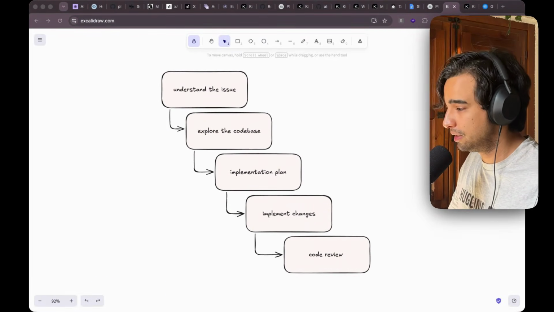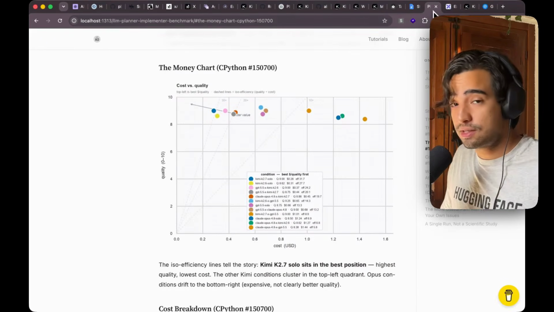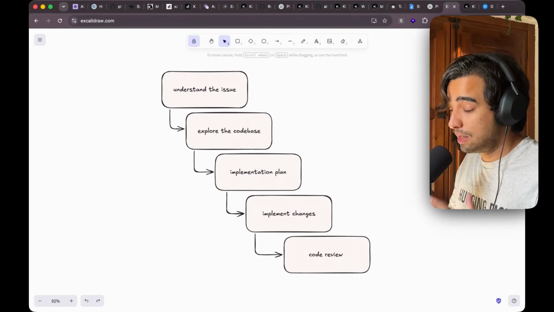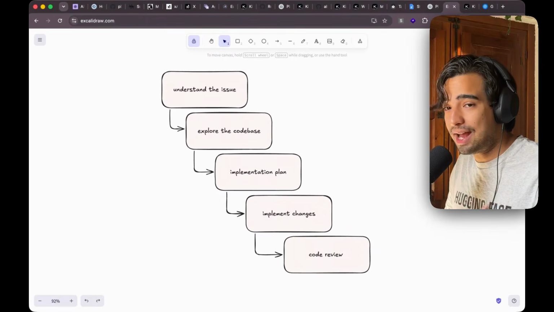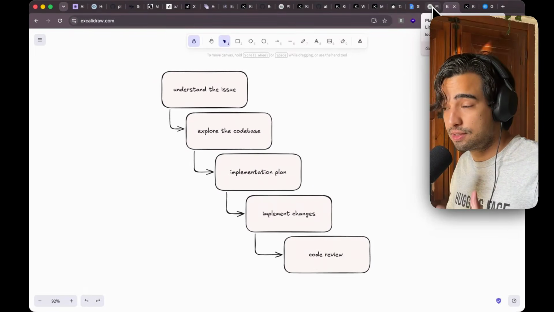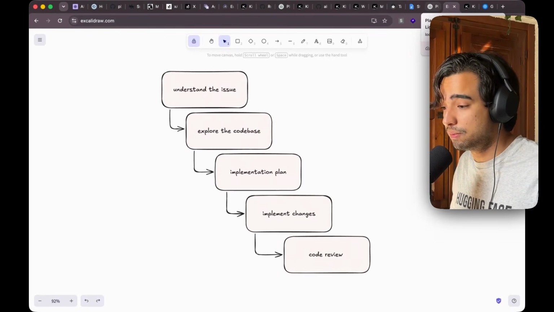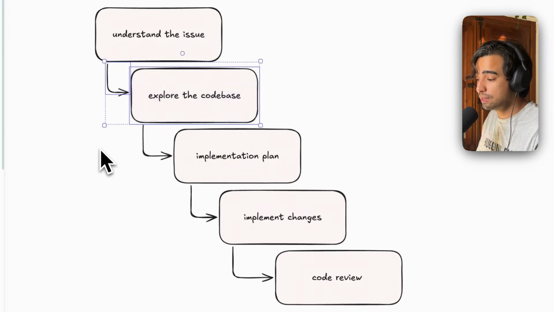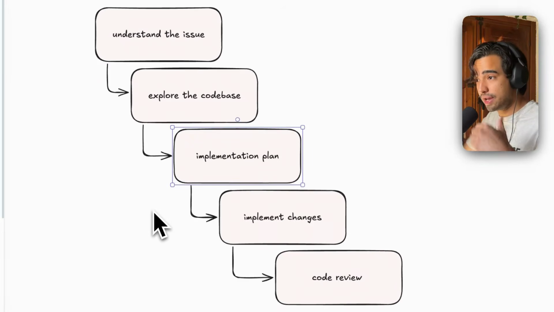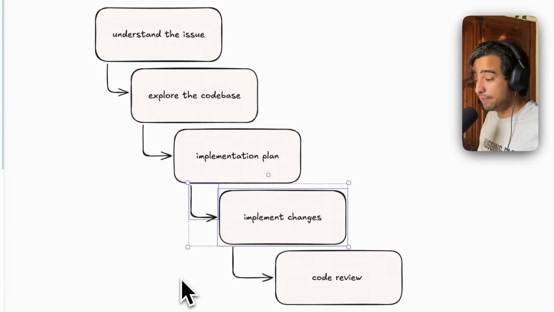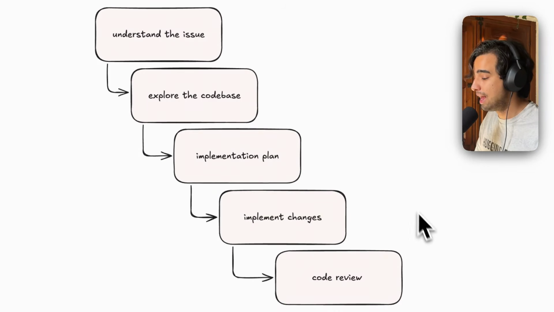All right, so let me tell you a little bit about this experiment and what I mean when I say using multiple models during your workflow. When you have your coding task, it can be an issue that you have to fix, it can be a new feature, etc. You usually go through many different phases, even if you're using the same large language model, right? So you have to first understand the issue. Then you have to explore the code base. Then you have to create some sort of implementation plan of what you're going to be doing. Then you're going to have to actually implement the changes that were in your implementation plan